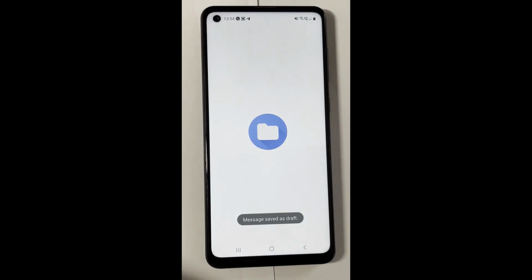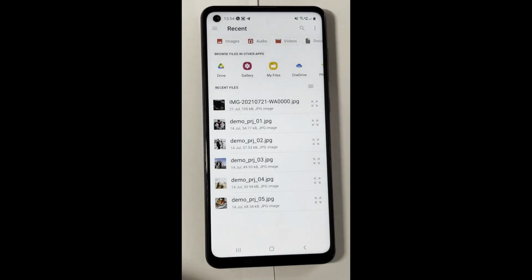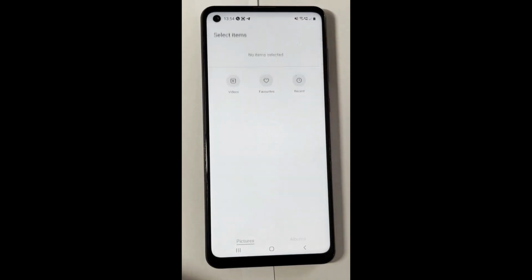This will bring up your main file, and then if you've got pictures to send, usually be in your gallery, so you tap on the gallery